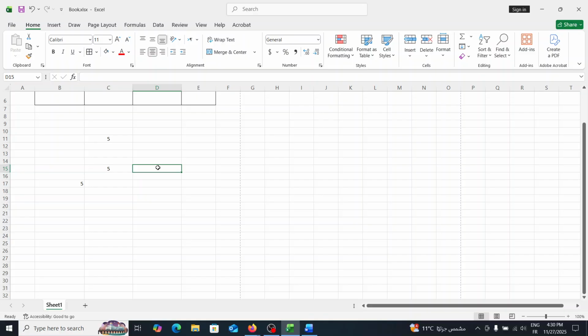For example, let's say I wanted to add 5 to 9. 5 plus 9 should give us 14. But whenever I move on, it's still treated as regular text. Now, for Excel to treat it as an arithmetic operation, as something that needs to be calculated,